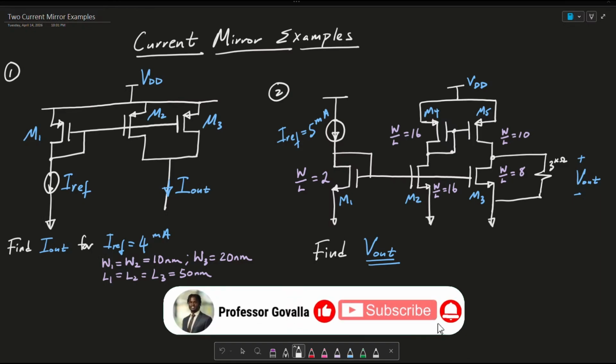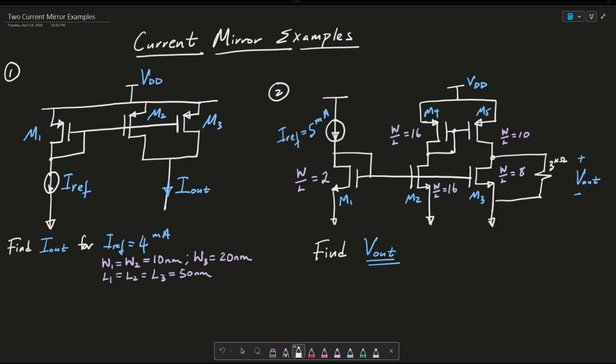My name is Professor Govala, and today I'm going to be doing two current mirror examples, where for the first example, we're tasked with finding this I out, which is flowing right here, for a given I ref equated to 4 milliamps. And again, if we remember, this I ref is basically coming from what's called our band gap